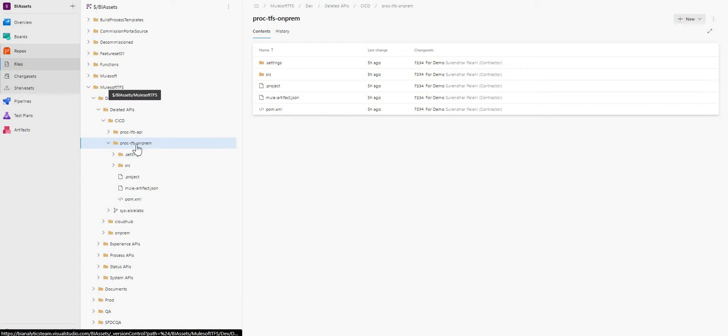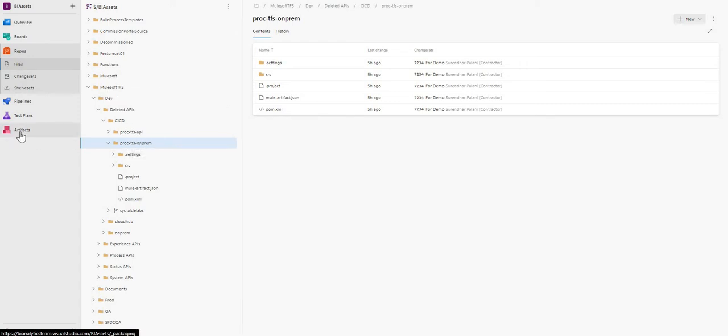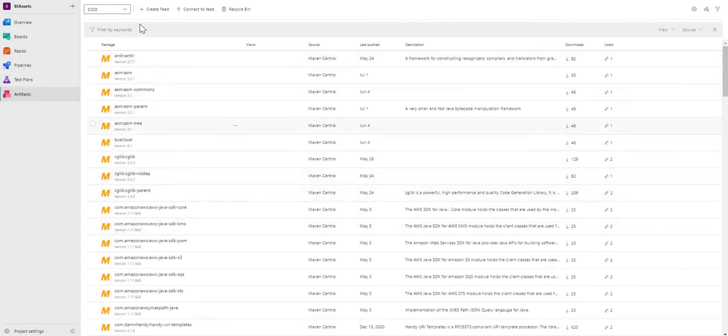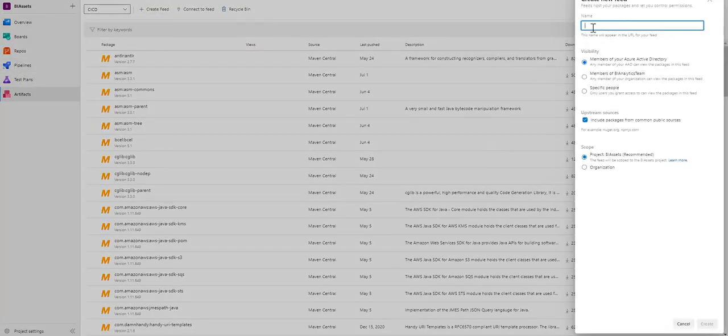So in TFS, this is where it resides, our API, and this is what I meant by Artifactory. So all our APIs would find its place here. So you can go about by creating a feed. I have already created one for our current demo called CI/CD. So simply if you go create it, you can give it a name, you can specify who has access to it and all. So it's pretty straightforward.